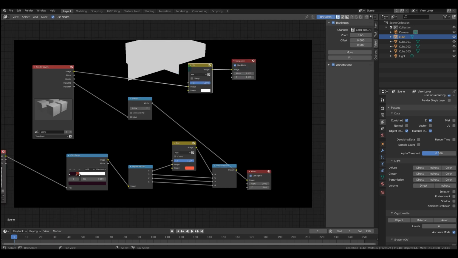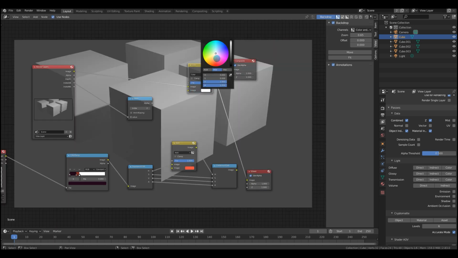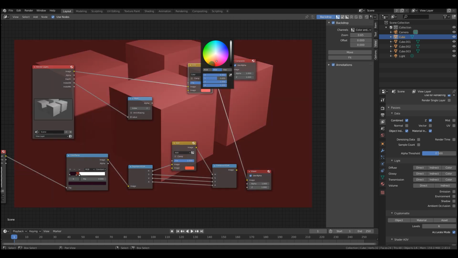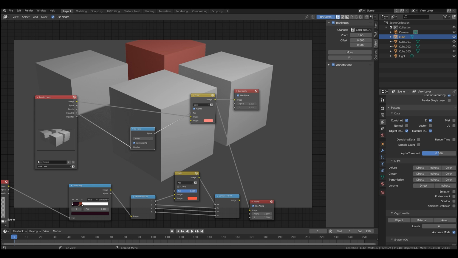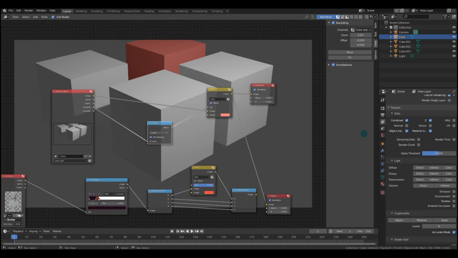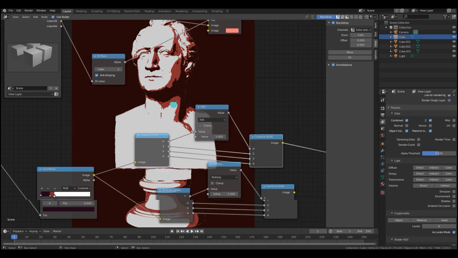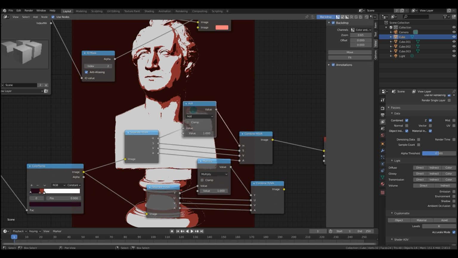This would be useful, for example, if you wanted to change the color of one of your objects in post, and you could just plug your ID mask into the factor, and there you go. I personally believe there may be a better way to go about this sort of edit, but we'll get to that later. The math node runs various mathematical operations on its input.